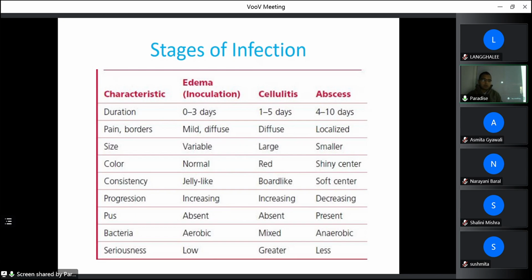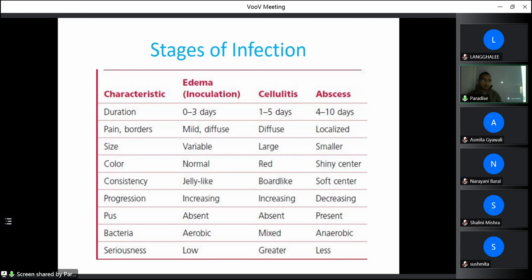So the most painful condition is cellulitis stage because it is in spreading stage, and the patient will have severe pain if the infection is in cellulitis stage. All over the area there will be huge inflammation and the patient will have severe pain. Size is variable in case of inoculation stage. It is large in case of cellulitis and it is smaller in case of abscess because the pus is confined